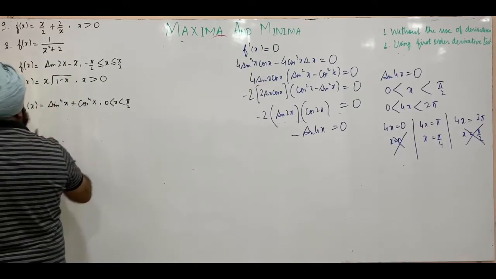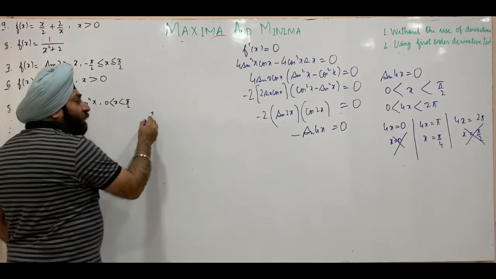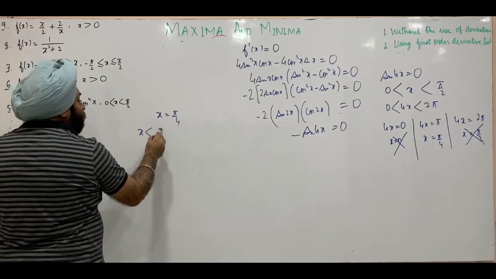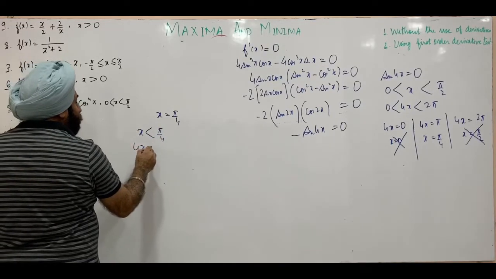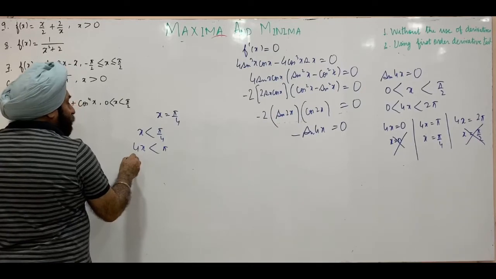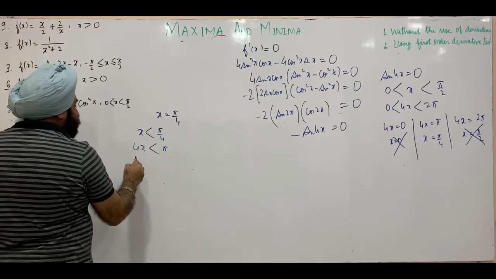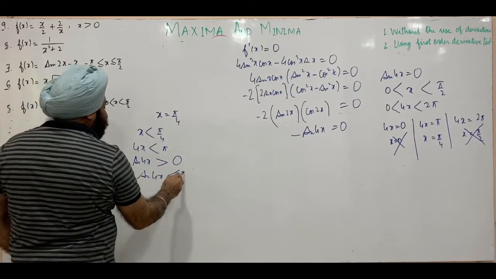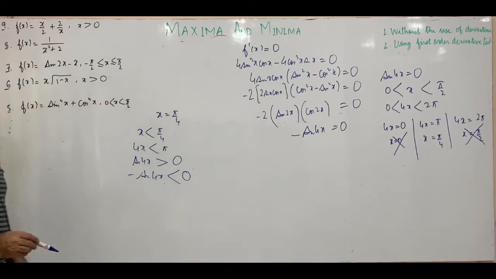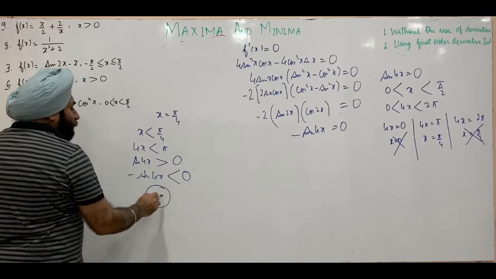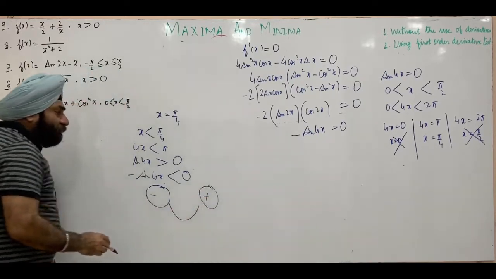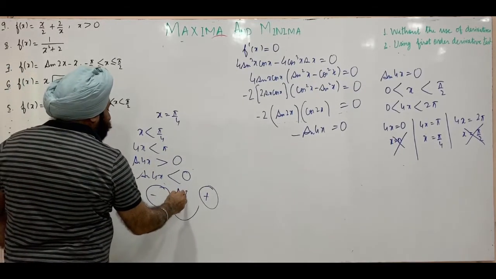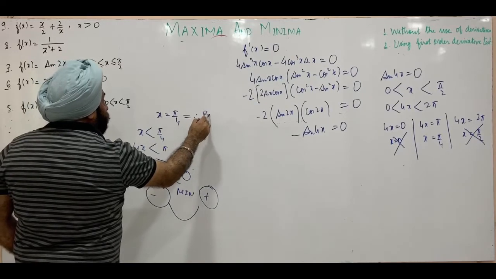So for x is equal to pi by 4, this is the critical point. Now when x is less than pi by 4, we have 4x less than pi, and sine of 4x, this will be positive, or minus of sine of 4x, this will be negative. That is, before the critical point we have negative sign of the derivative, and after it's positive. Change of sign from negative to positive, that is over a point of minimum. So x is equal to pi by 4, therefore is point of minimum.